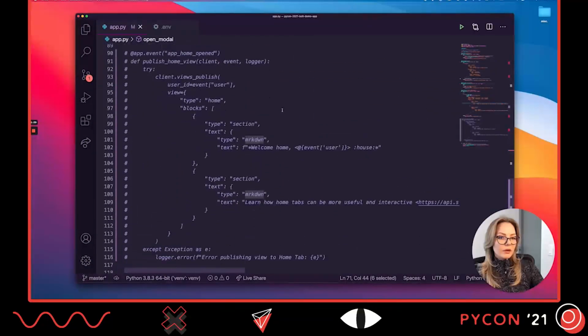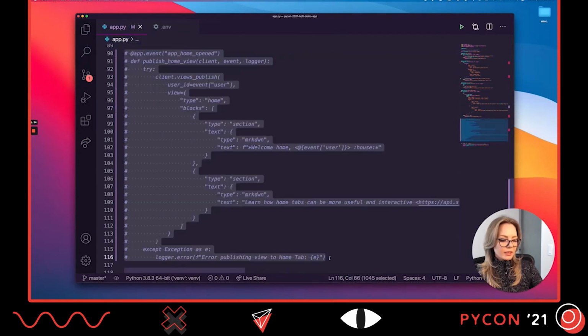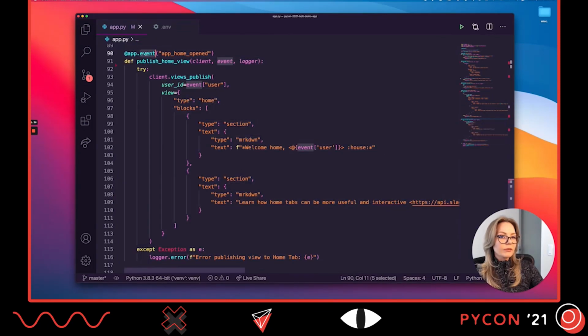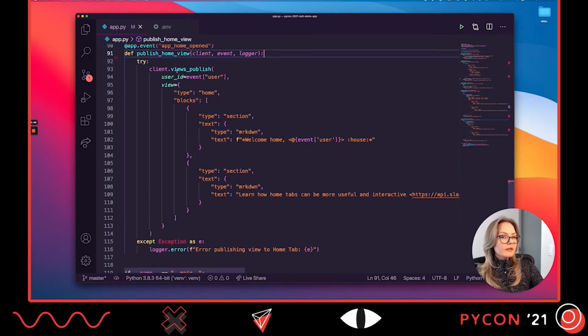So back in our code, when it comes to the App Home event, we're going to use the same event listener that we were first introduced to when we used the app mentioned event. So we're sending in the App Home Opened event type, and within our callback, nothing new here. Instead of the views open, we're using the views publish method